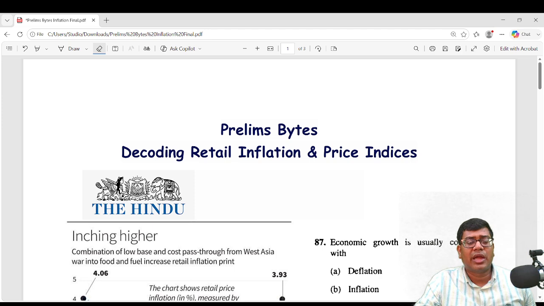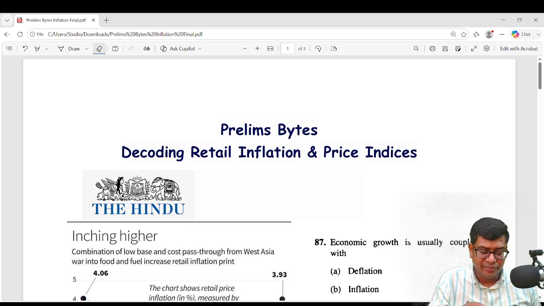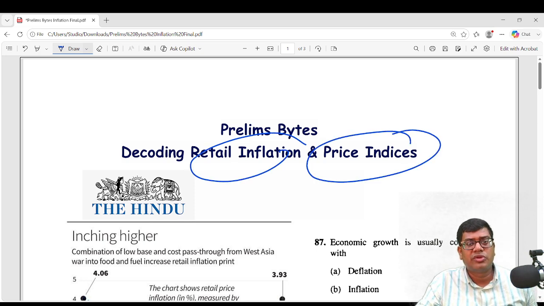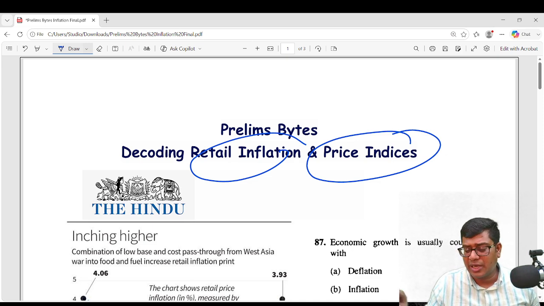I am Alok Vardhan and in the second session of Prelims Bites, we will discuss a very important article from today's The Hindu newspaper on retail inflation and price indices. So why have we chosen this article? We have chosen this article mainly because